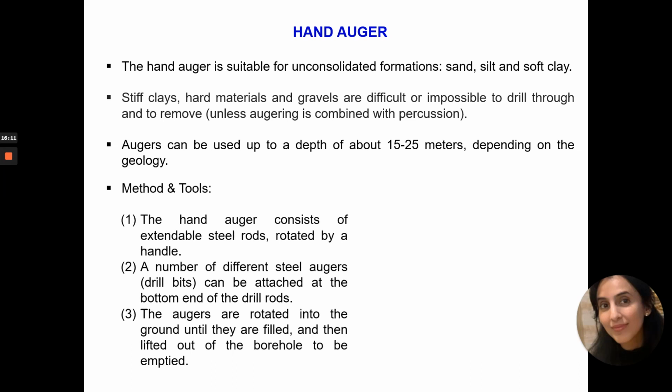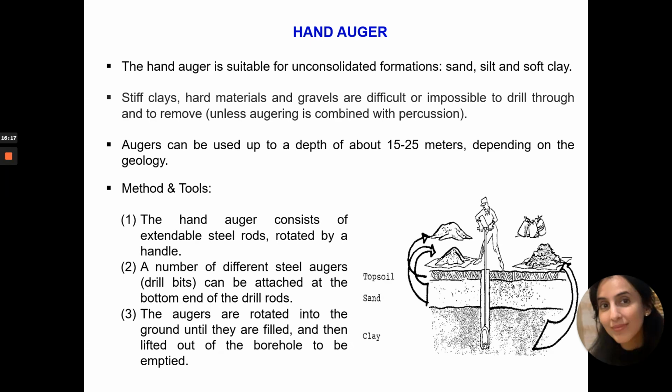The methods. The hand auger consists of extendable steel rods rotated by a handle. Let's see this illustration. So it's something like that. So you have a handle, macam handle bicycle tu, and you will go around. Macam you main dulu game letak kayu baseball kat kepala and you go around, something like that lah. You pusing benda tu. Number of different steel augers, drill bits, dia punya hujung dia ada beberapa jenis mata di